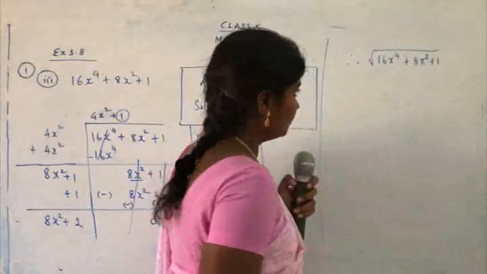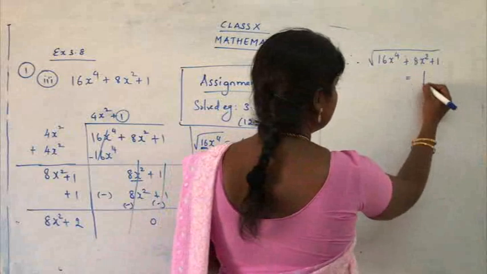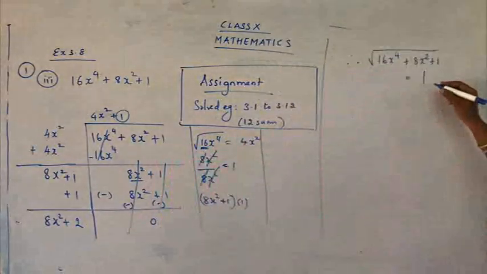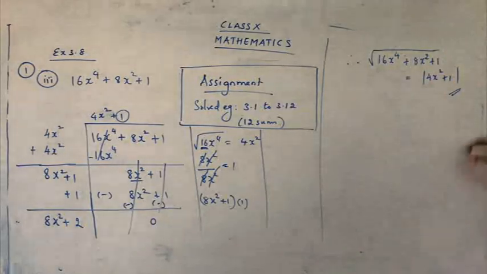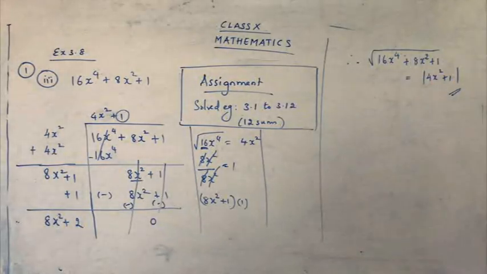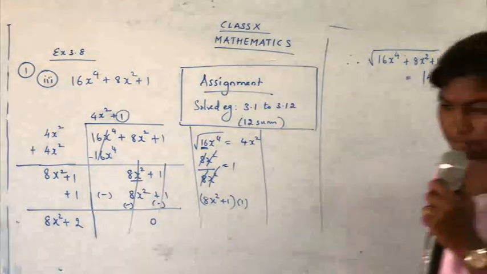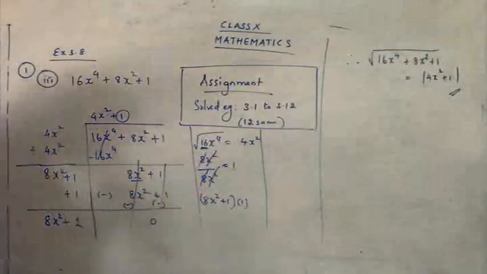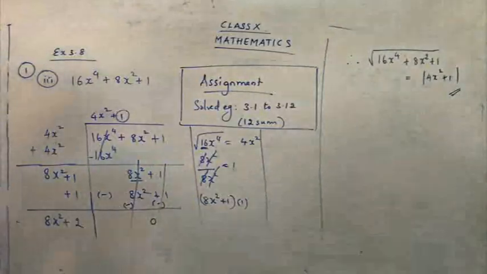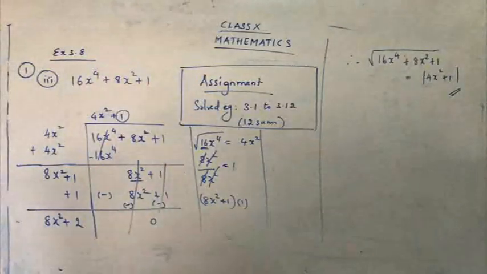This is equal to, I'll just write down here. Is it clear to you? Can you see the answers, children? It's equal to 4x square plus. Okay, so this is the answer. So take down the final step. The final step is very, very important. You have to write down the final step. Okay. Now coming to the fourth subpart.